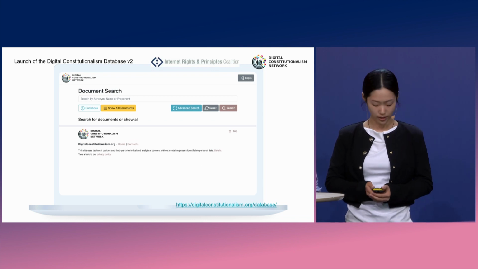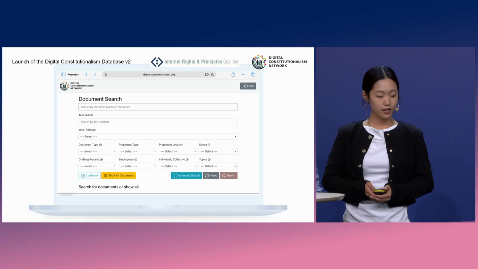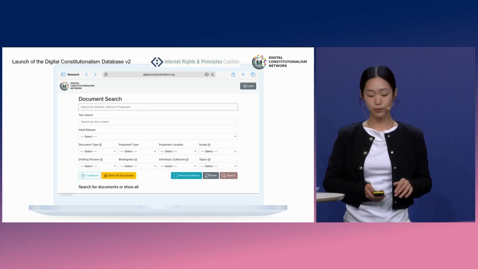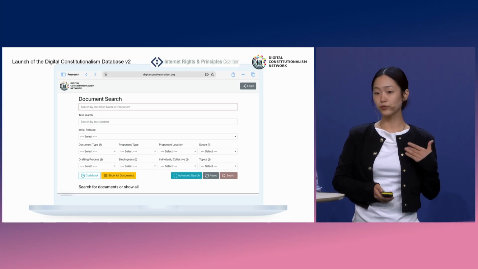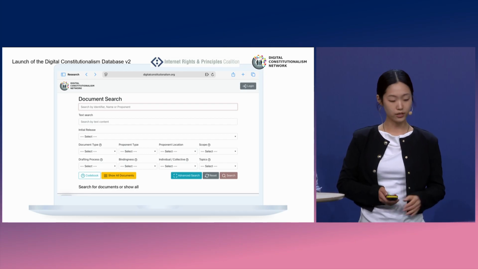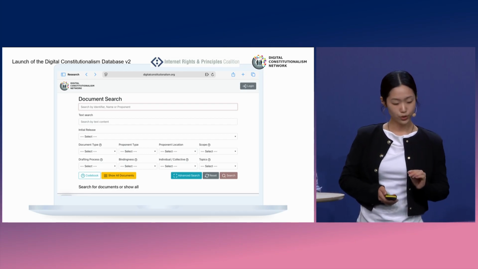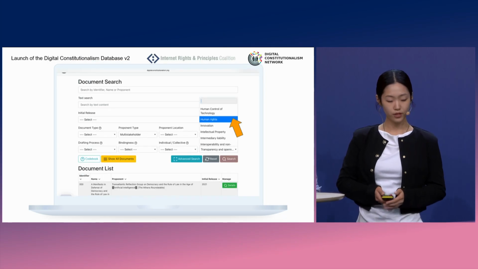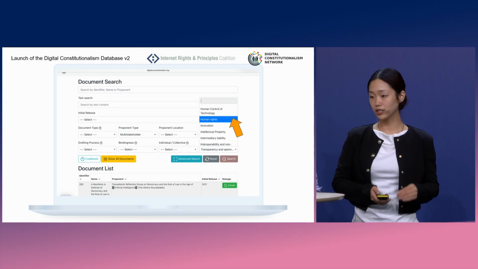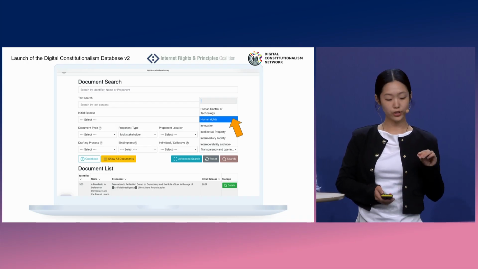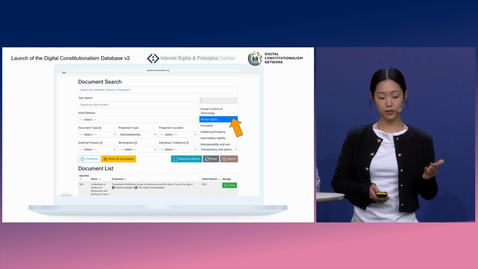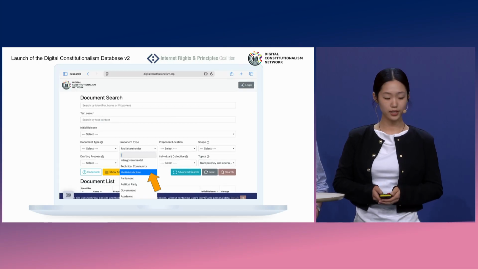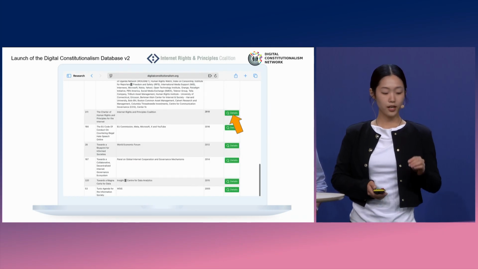Then you can go to the advanced search, and you can see all these types of filtering that you can apply. For example, there's proponent type or proponent location, whether it is from Europe or Asia, which you can choose there. There are more varieties than that. And if you go to topics, you can see all 58 types of rights that we include for coding. So you can go there and look at what types of topics you're interested in specifically. For example, if you're interested in human rights, and maybe in the proponent type multi-stakeholder, you can choose there, and you see a result something like this.